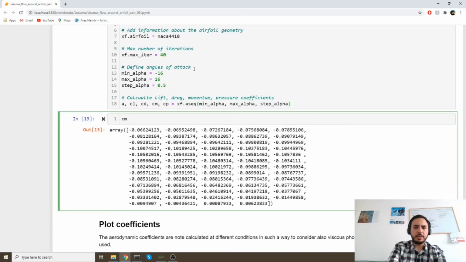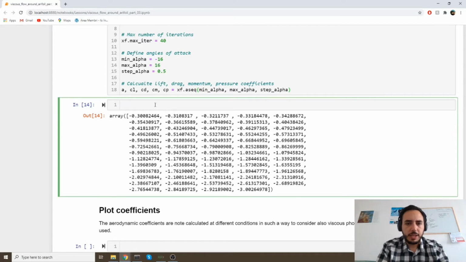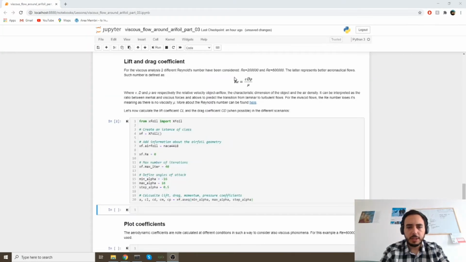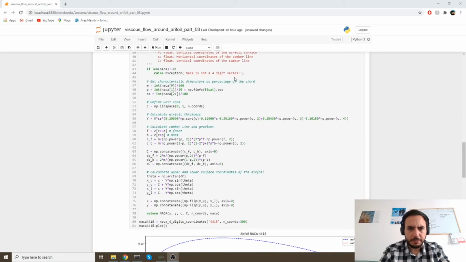Yeah, I think it's called pitch and moment coefficient, but you know what I'm talking about. And then we have the pressure coefficient around the airfoil. Good, nice. Let's now create some plots to see what all of this looks like, right? But before that, we need to modify